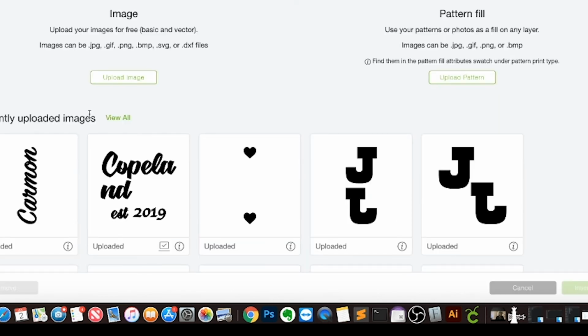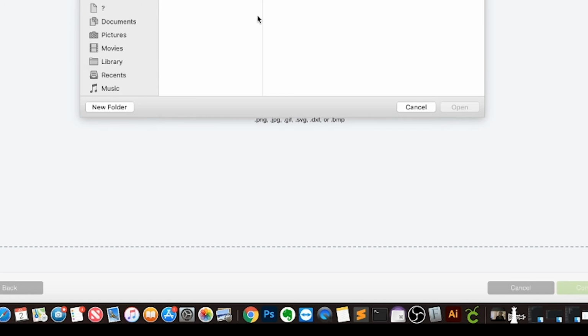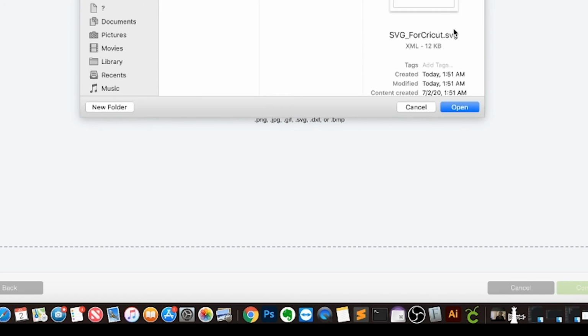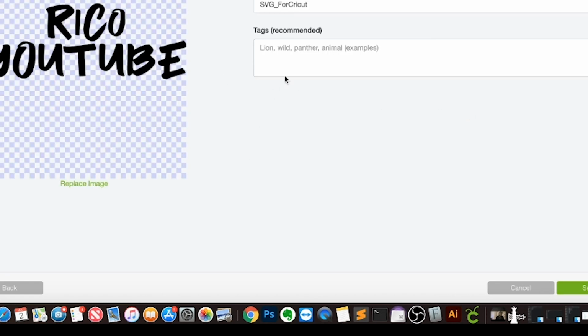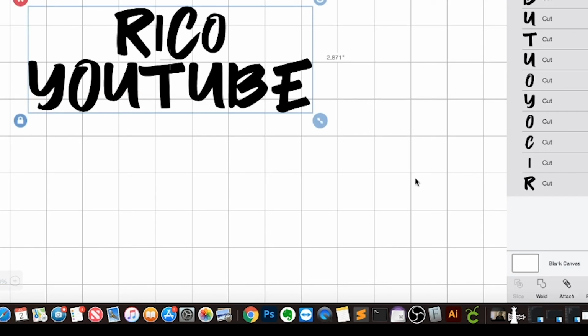All right, so you're gonna upload image, browse. Go to where you saved it, SVG for Cricut. It's gonna bring it in like that. You just hit save basically, and it's simply that easy. You select what you just uploaded, you import the image, and now